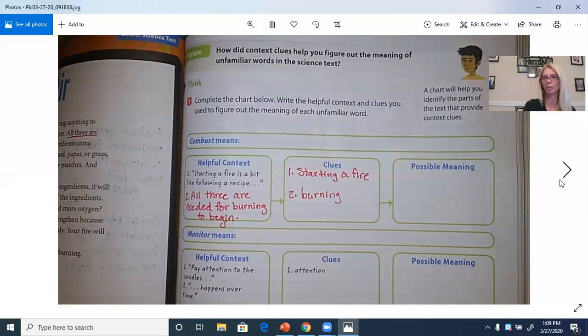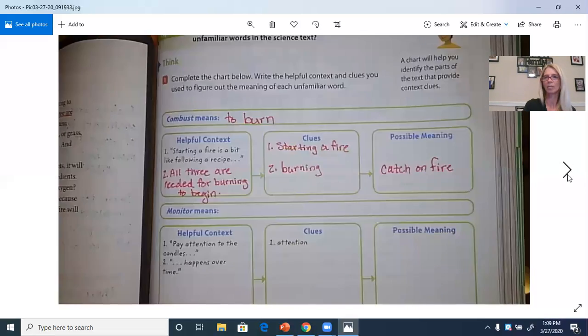And then we have a possible meaning. So the possible meaning could be catch on fire, which gave us the meaning of the word combust means to burn. So if you put that back in the sentence, it says getting anything to combust takes 3 ingredients. You could also use getting anything to burn takes 3 ingredients. Correct? Good. If you need to pause to write, make sure you have everything written down, go ahead and do that. If not, we're going to look back at page